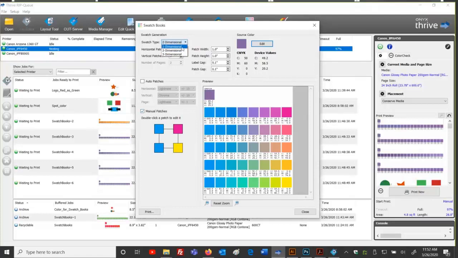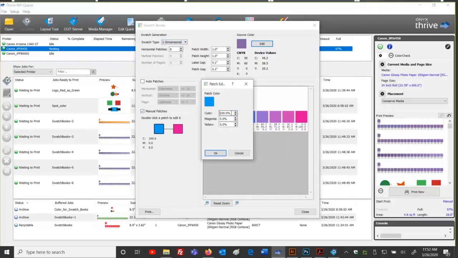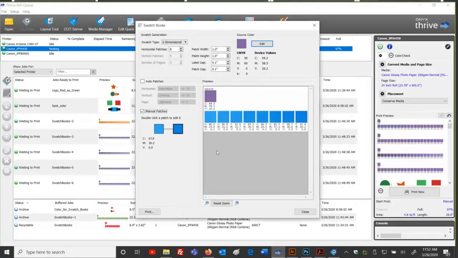So again, we can always, of course, change our recipes and control some type of standard setting as you want that to be and make that variation accordingly. So I can control what I want these steps to be. And I can control the variations. So just to say, you can always go back in there and make those changes, or Auto will automatically detect and make those changes itself on its own. So that's the swatch books.